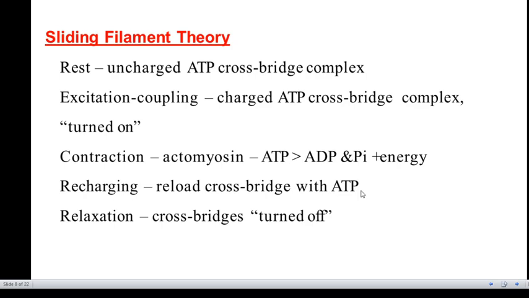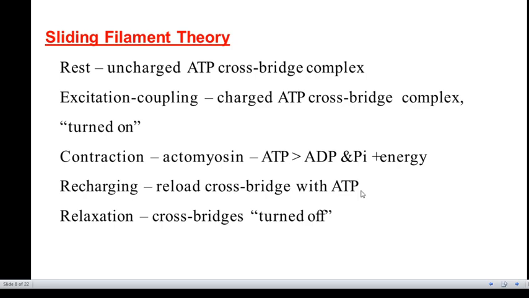That is all about the neuromuscular junction. When a motor impulse from the nerve is received on the end plate, local depolarization occurs and reaches the sarcolemma with the secretion of acetylcholine, resulting in the excitation of the muscle fiber. Then the mechanism of contraction by the sliding filament theory.